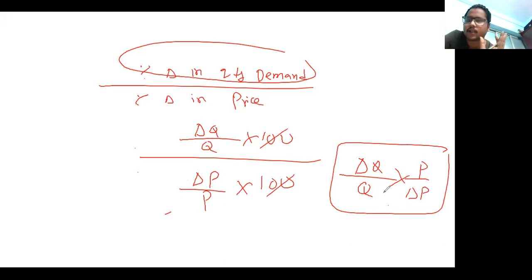In the same manner, we can also calculate elasticity in the arc method. But what happens in the arc is that there is a little bit of change. Now what is that change? Instead of Q, we will not take Q, rather we will take the average of the original quantity and the new quantity. And similarly, instead of P, we will not take P, rather we will take the average of the initial price and the new price. So can I write like this: delta Q